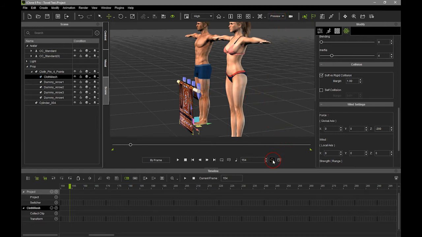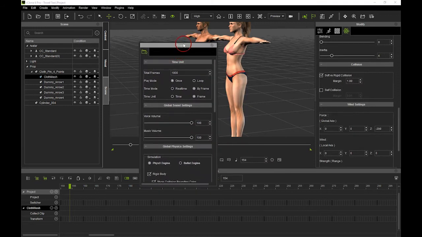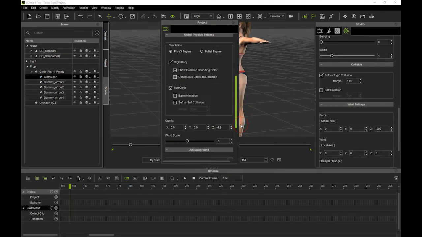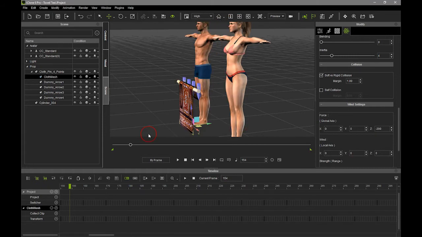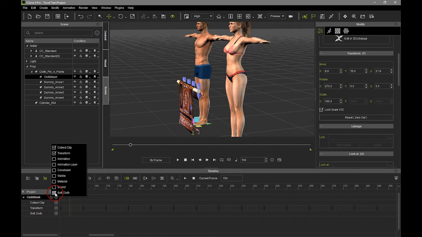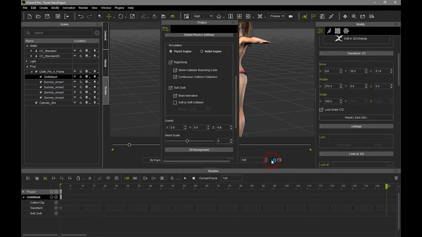So if I come to project settings, which I've actually got linked into my panel here, let me pull it out. There we go. Float it like it normally is for most people. So what we want to do is turn on bake here. So that's going to turn that on. And that of course means that if we come to cloth mesh and turn on soft cloth, we'll now see the cloth sim appear in the timeline, because without bake on you don't get anything